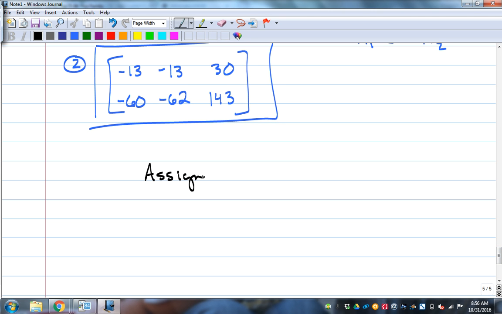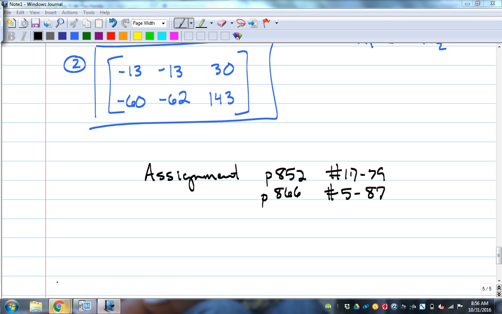So your assignment or problems on page 852, 17 through 79, and then 866, 5 through 87. Obviously the odds on that would be fine. That's not going to be anything just incredibly jaw dropping and stuff. So make sure you're